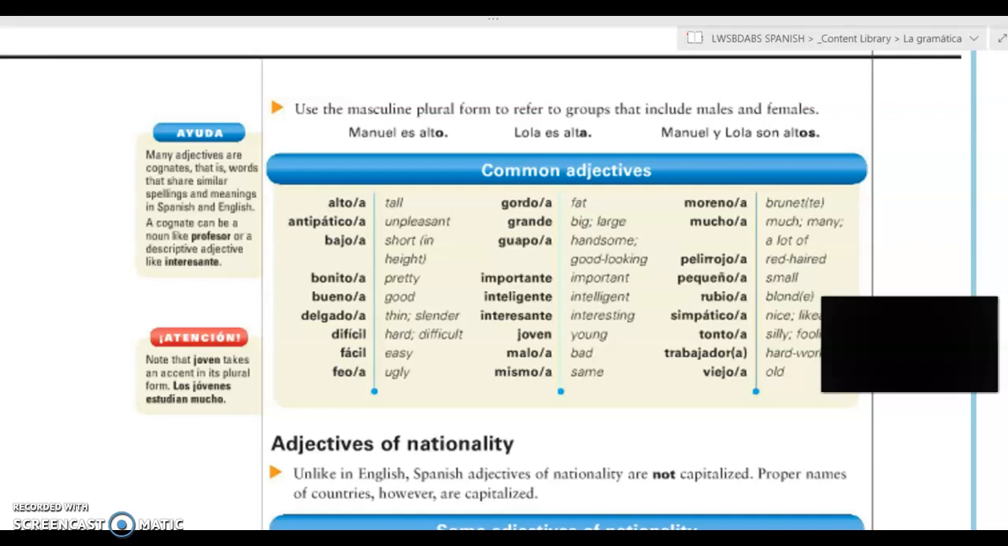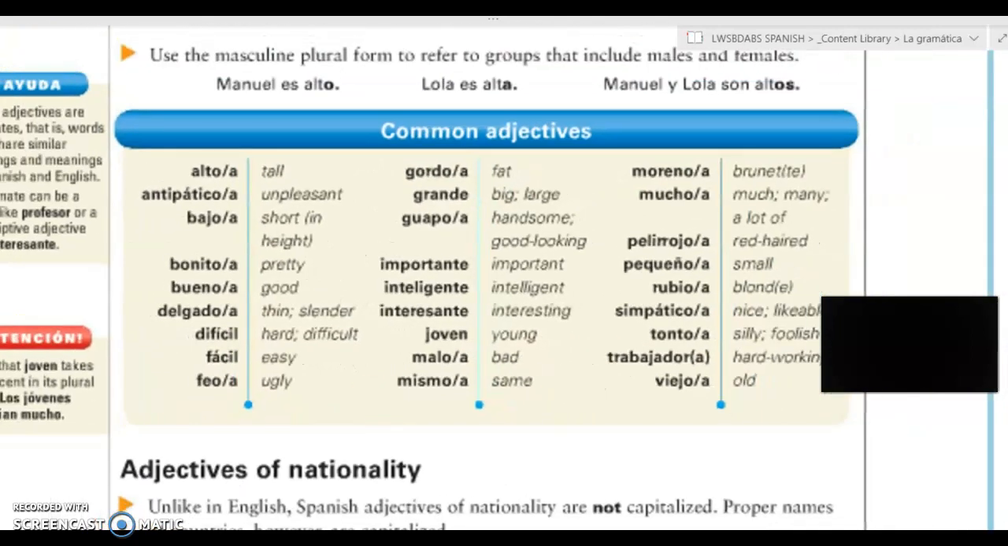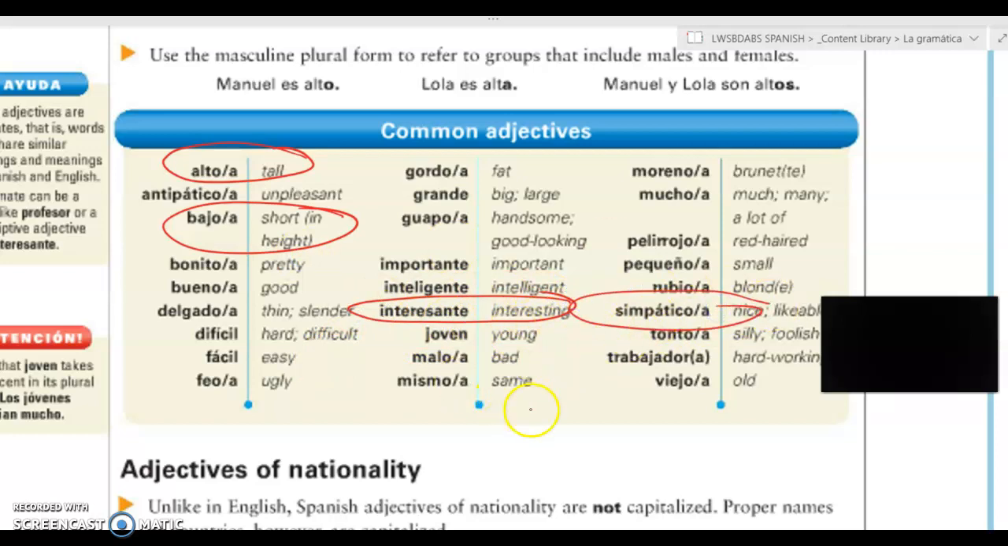What do you need to know? You will find it very useful to memorize these lists and get used to using these adjectives to describe people. You will be asked to describe people in your family as alto or alta, bajo, interesantes, simpáticos, and then maybe even trabajador, difícil,